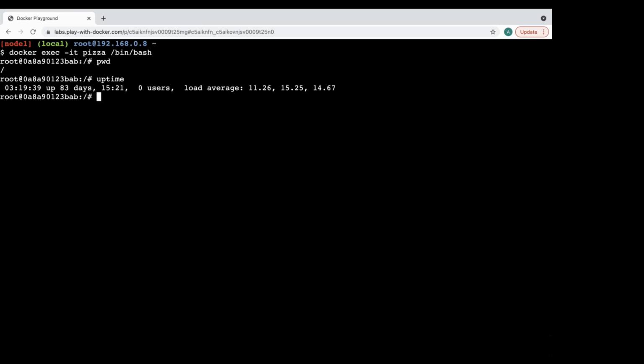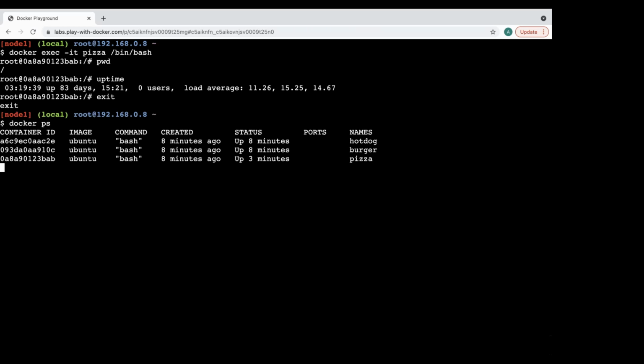So when you want to forcefully stop the container, remember the difference between a proper shutdown and a forceful shutdown. In a proper shutdown, it will close every application which is running and then shut down, correct? But when you press the power button of your laptop, whatever is running inside will be gone. So there is another way to stop the container, called docker kill. So exit from here. Just say docker ps. Now let's kill one of the containers.